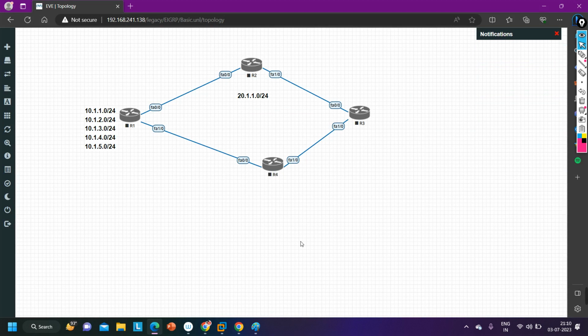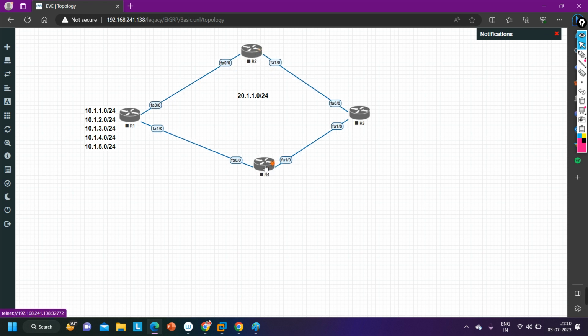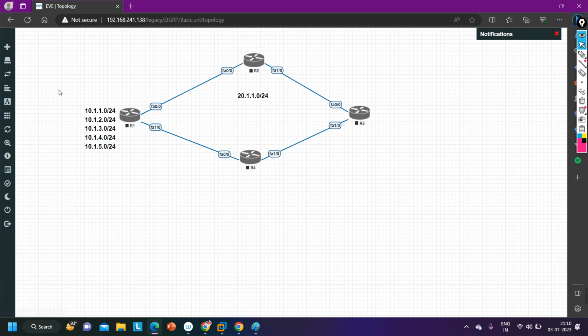And 10.1.3 is available on the loopback of R3. Now suppose we do the summarization. Nirav, can you repeat your question? Say, for example, in R1, you will be configuring loopback addresses for these five particular networks. Okay, 1 2 3 4 5.